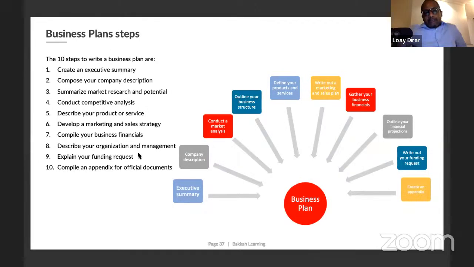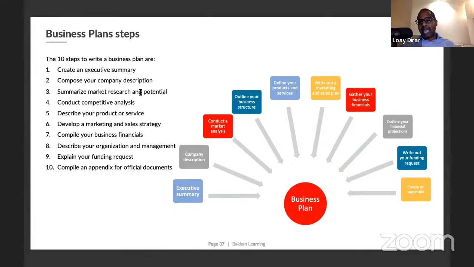So, business plan steps. This is a very high level view of the business plan. As you can see, this is a summary of what we covered in the previous section, the components of the contents of the business plan. So the steps to write a business plan, or the sections of the business plan, are: create an executive summary, which has to be highly attractive. Choose your company description, describe it very well. Summarize market research and potential,